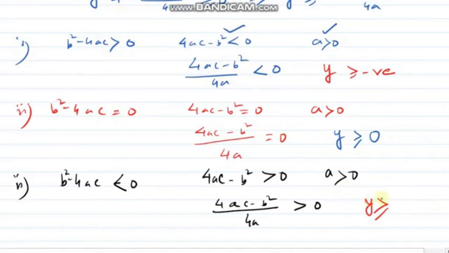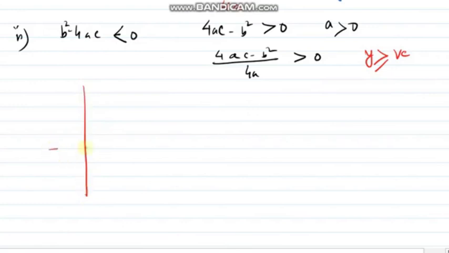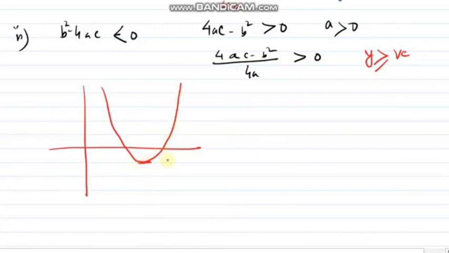So now, if I try to draw the graph, for the first one I said y is greater than equals to some negative number, that means y will reach some negative number, then the graph will turn. How do I know that this graph will be like this? There is a hint to draw the graph of a quadratic, you will get it. If y is greater than equals to 0 only, the graph will come like this and it will return like this. And if y is greater than equals to some positive number, the graph will be like this.